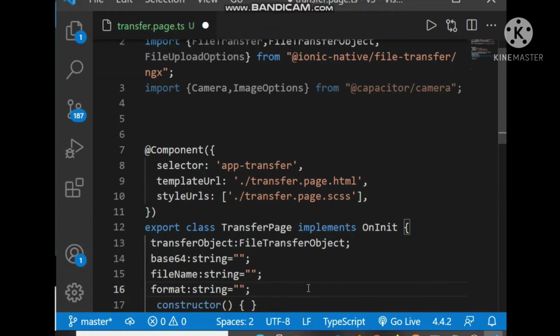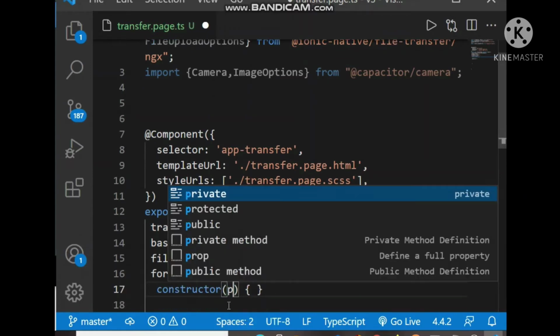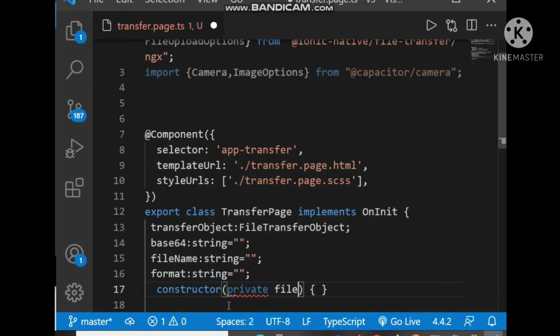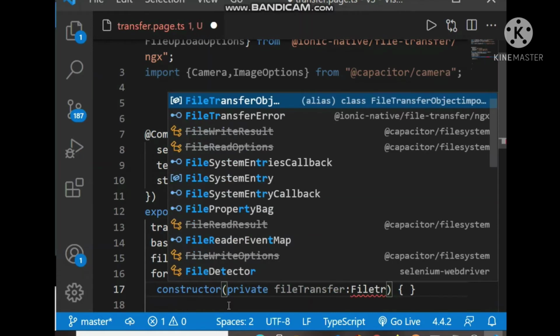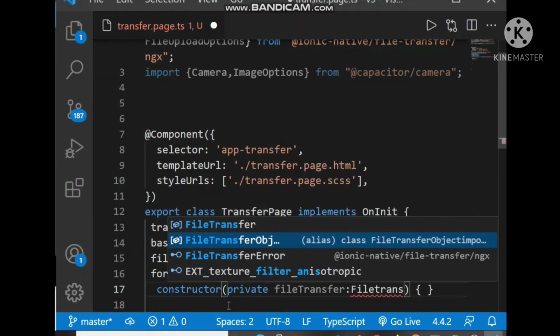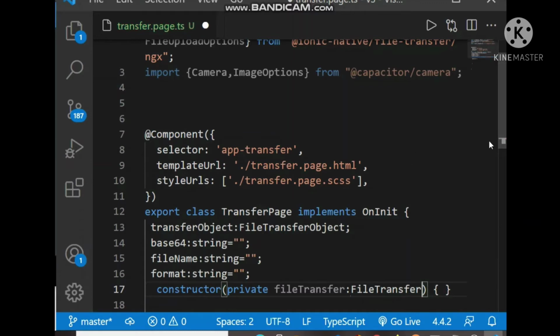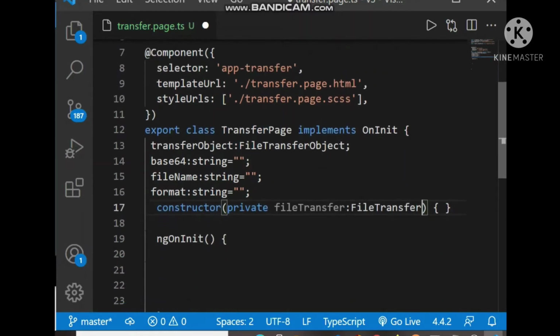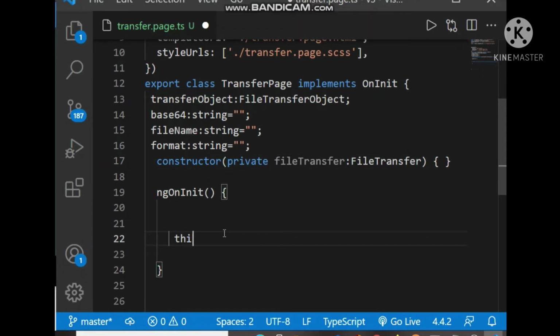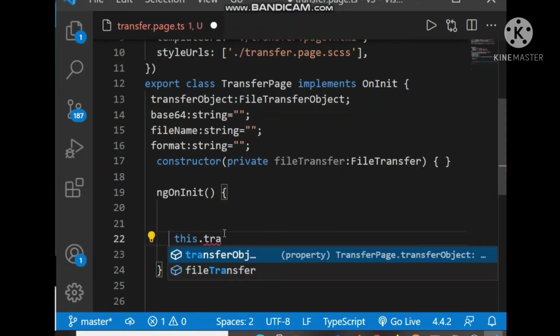So let's put the file transfer variable in the constructor. Now inside ngOnInit, this.transferObject.